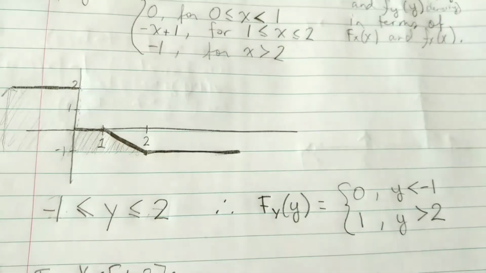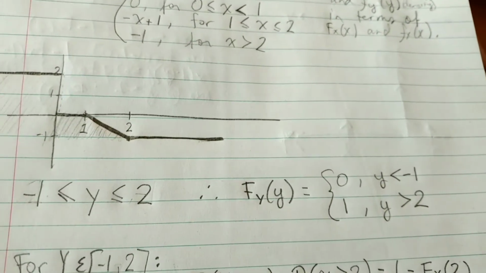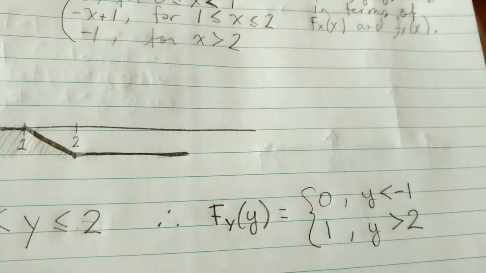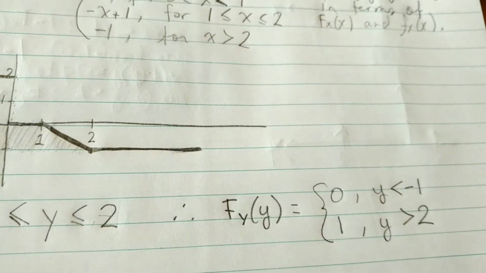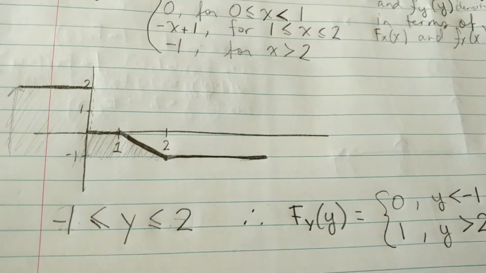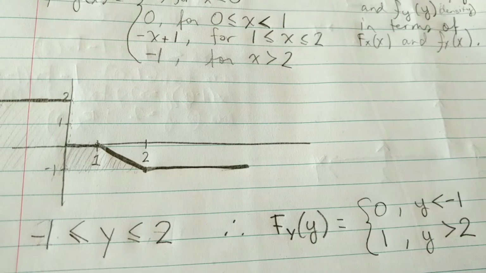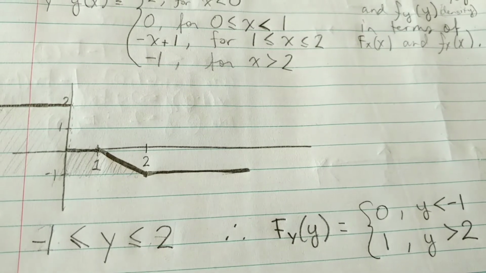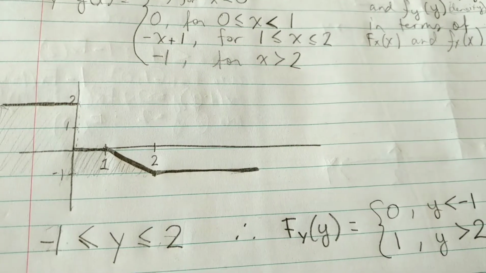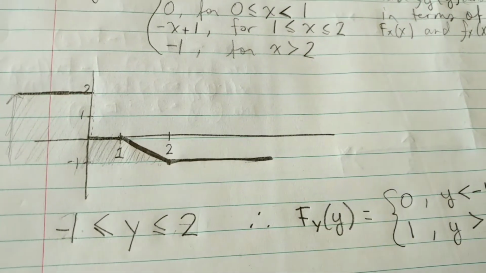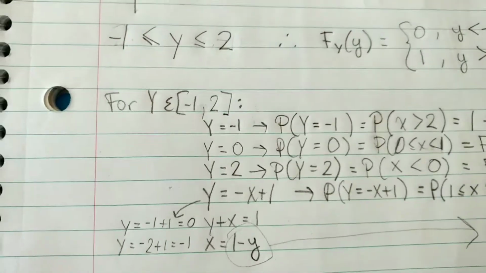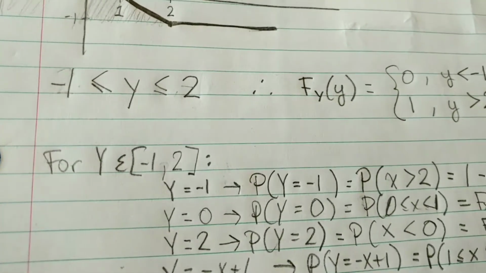So therefore, the cumulative distribution function of Y is equal to 0 for when Y is less than negative 1, and 1 when Y is greater than 2. So essentially saying that there's 0 probability that Y will ever be less than negative 1, and for when Y is greater than 2, 2 is the max, so the area is equal to 1. So when Y ranges from negative 1 to 2,